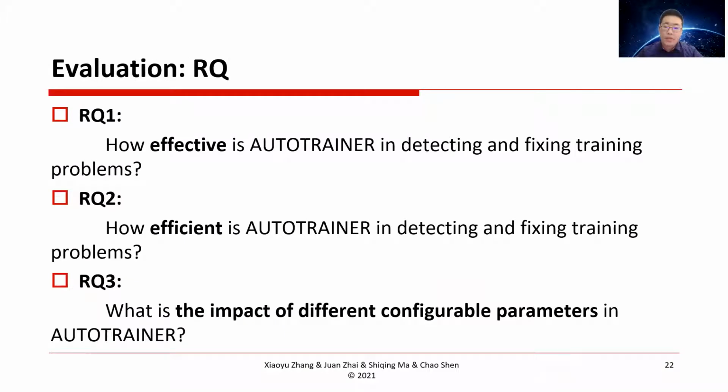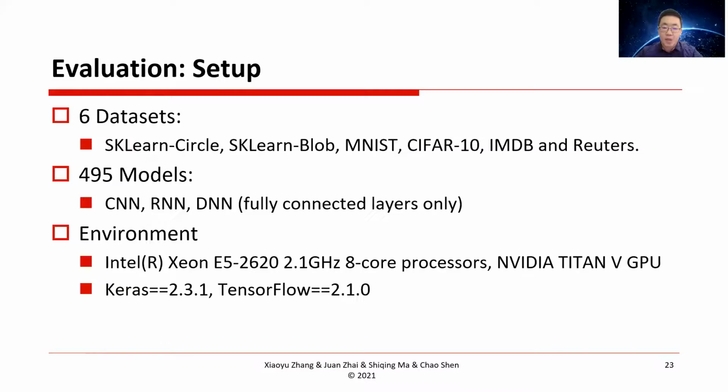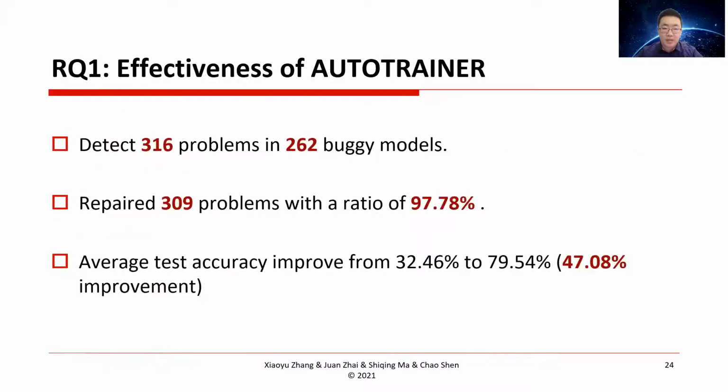To evaluate our system, we aim to answer 3 research questions shown on this slide. We performed our experiments on 6 popular datasets, and in total we collected 495 models. Most of them are from GitHub, existing papers, and experts. In our experiment, AutoTrainer detects 316 problems and repairs 309 problems with a ratio of 97.78%. For the models that AutoTrainer failed to repair, we found that they are too hard to be repaired, even